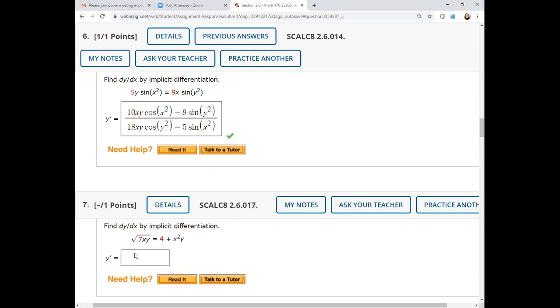And then dy dx is going to be equal to 4xy minus 7y times 7xy to the negative half, over 7x times 7xy to the negative half